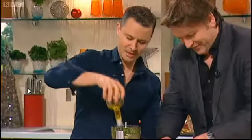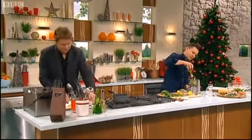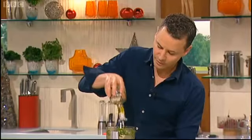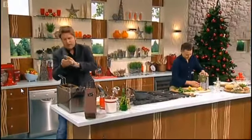Right. In there. With that, I'm going to go over here. So it's a bit like a salsa verde, yeah? It's very much a salsa verde. That's exactly what it is. And what I'm really tapping into is the oregano. I want those nice flavours to come in there. Right. Do you want these perfectly round, or are you quite...